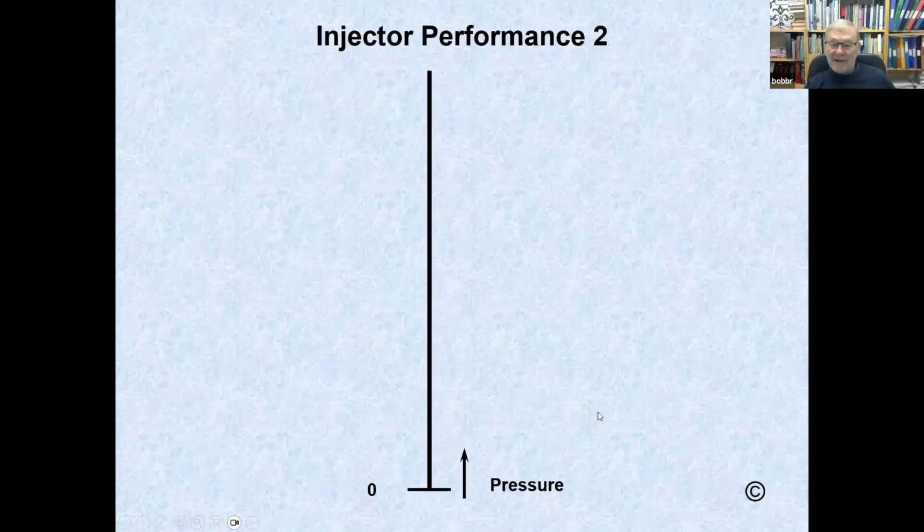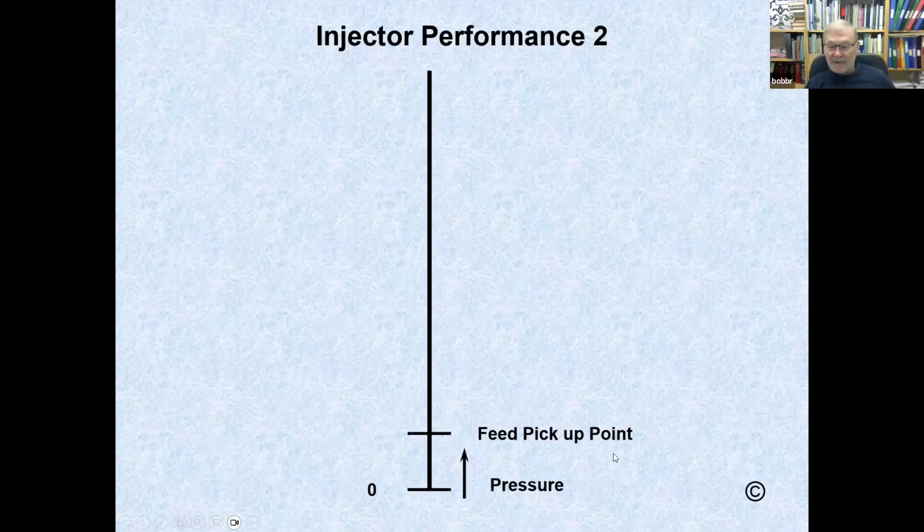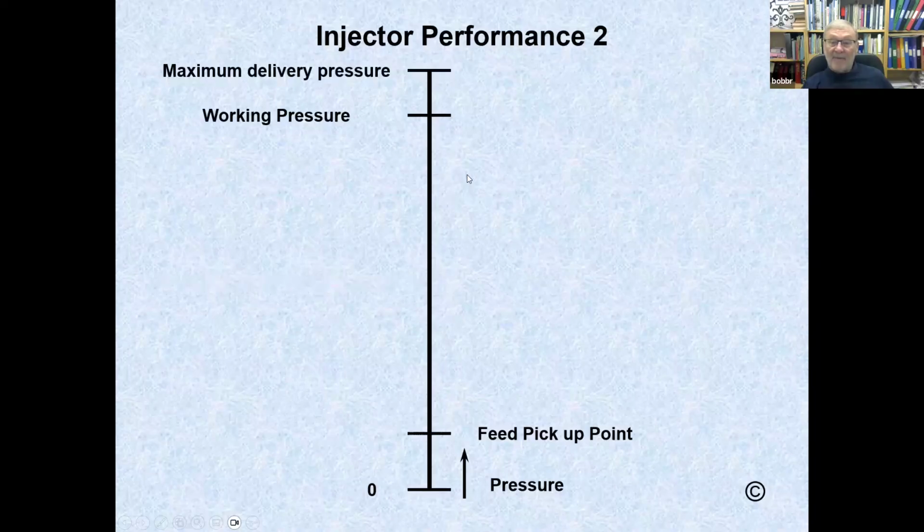So at naught, there's nothing, is there? So at some pressure, it will pick up and feed. Most of these miniature injectors will pick up between 20 and 30 pounds per square inch and start feeding, but not a lot. At the working pressure, typically 100 pounds per square inch,